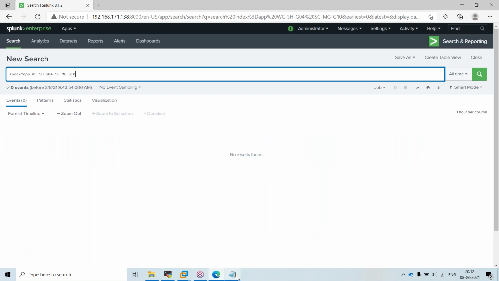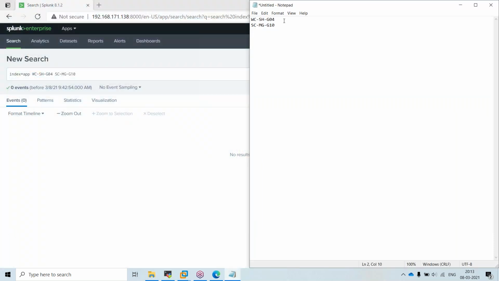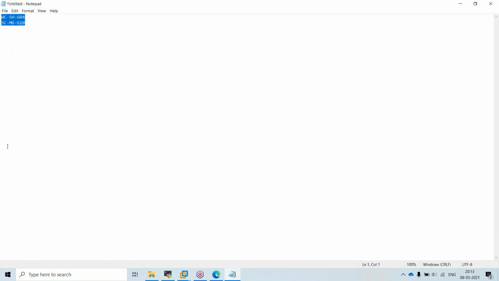So how will the search pattern work? Just a second. If there are some thousand events, and I filter with this parameter, now only the events related to this one will be fetched.